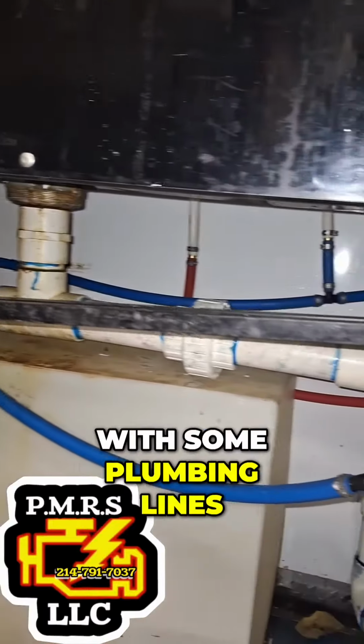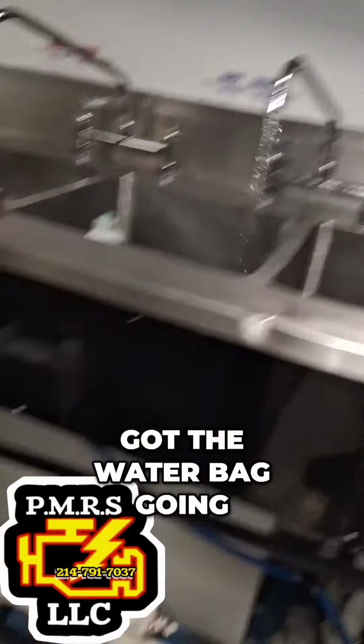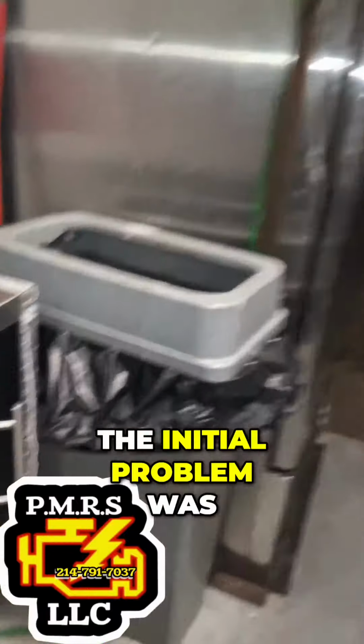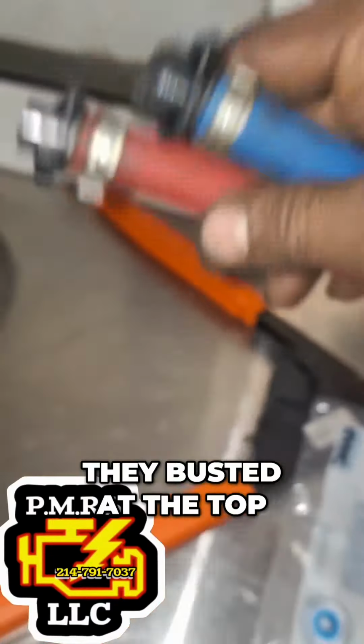So we were just messing with some plumbing lines. We just replaced the 2 plumbing lines here, the cold and the hot. Got the water back going. She's not leaking. The initial problem was the original lines, they busted at the top where the female adapter screws in,